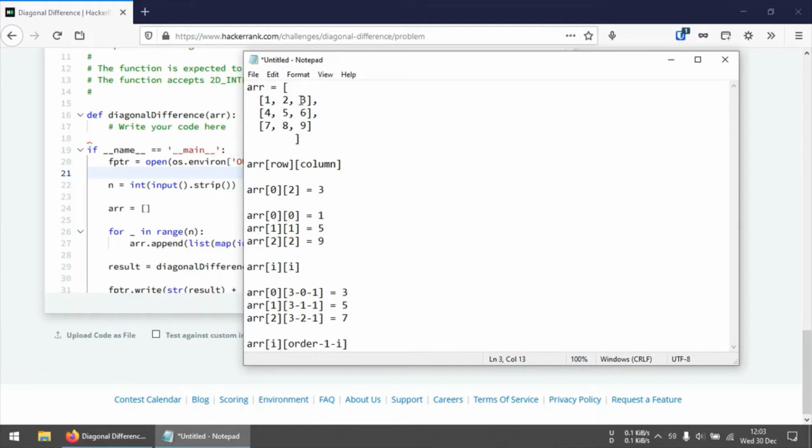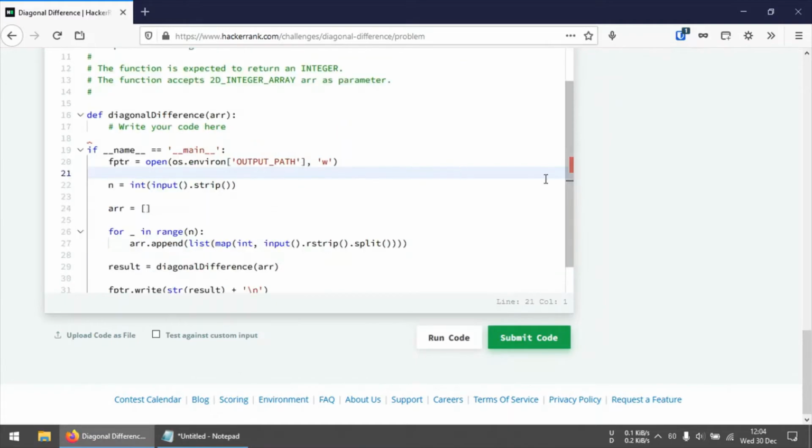And to call an element within the matrix, you need to know the index of the row and the column. So for example, to call this element 3 right here, we know that it's in the first row, but since indexing starts from 0, you need to use the row index as 0. And for the column, it's the third column, since this would be 0, 1, and this would be 2. So the column index would be 2. So using this, we can call this element right here. And now let's go with the code.